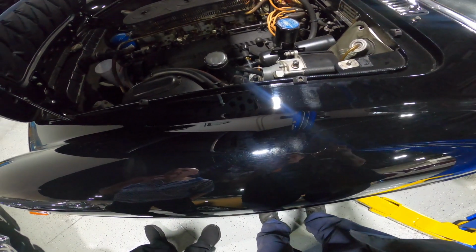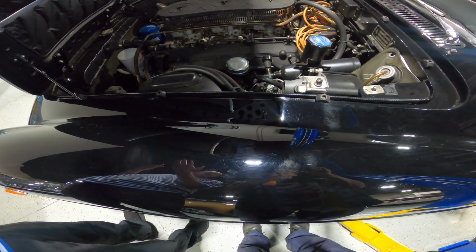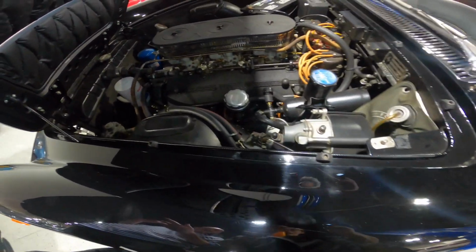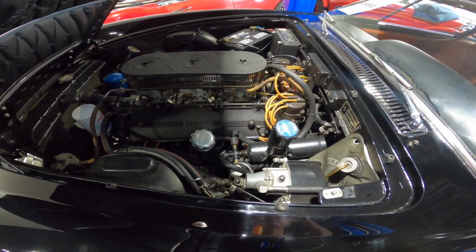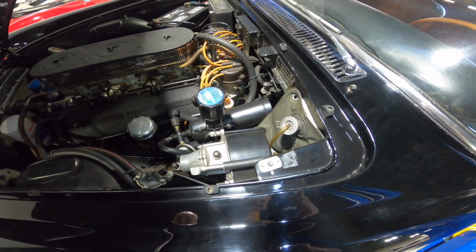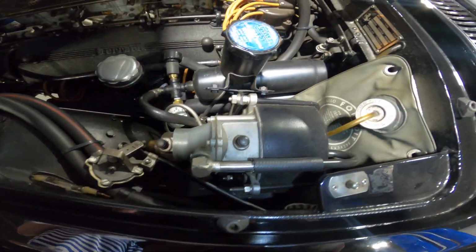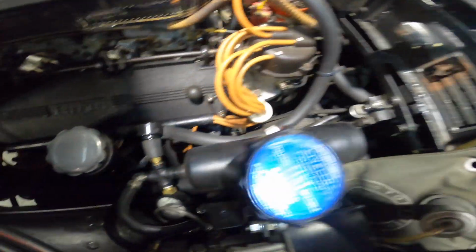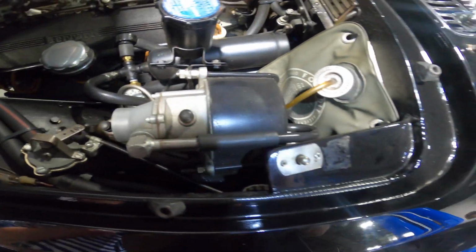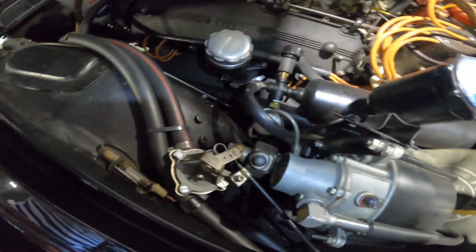I could have sworn that when I saw pictures originally, they had a chrome air cleaner top. We come here and it's black, and it looks correct. It's supposed to be painted regular black, not wrinkle black. What's interesting in this car is that we've got a vacuum canister here, which comes off the engine. I don't know why. When I drove it, it looked like it was getting vacuum, but whoever installed this,